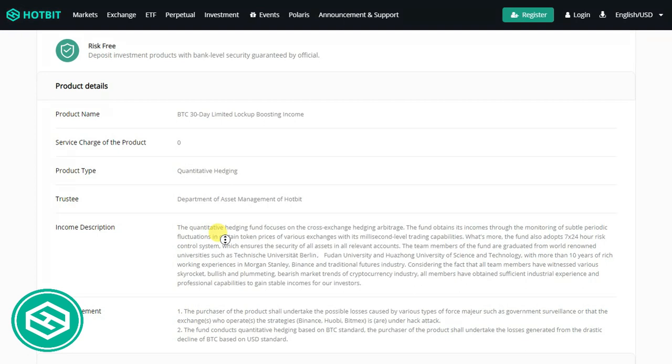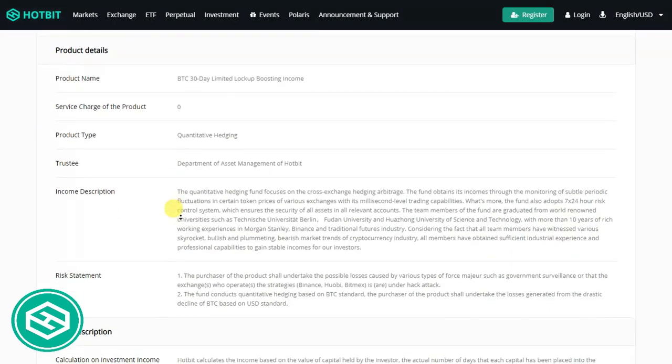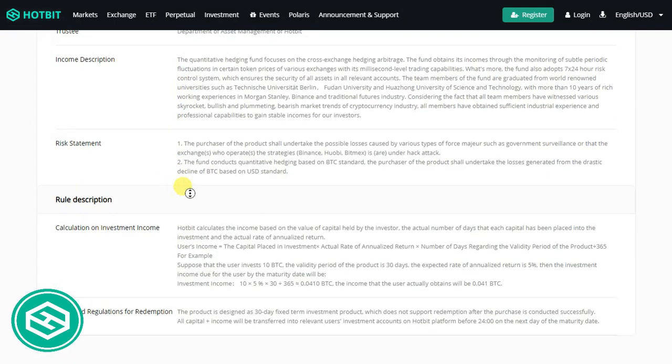Okay, so unlike other investment assets available here, the other one we're looking at, the DeFi Smart Pool Bitcoin, I think they charge about 10%. This one has no service charge on the product. They charge 10% on the profit, not on your investment. But this one, that charge does not apply. Okay, I hope people are understanding. Yes, okay,